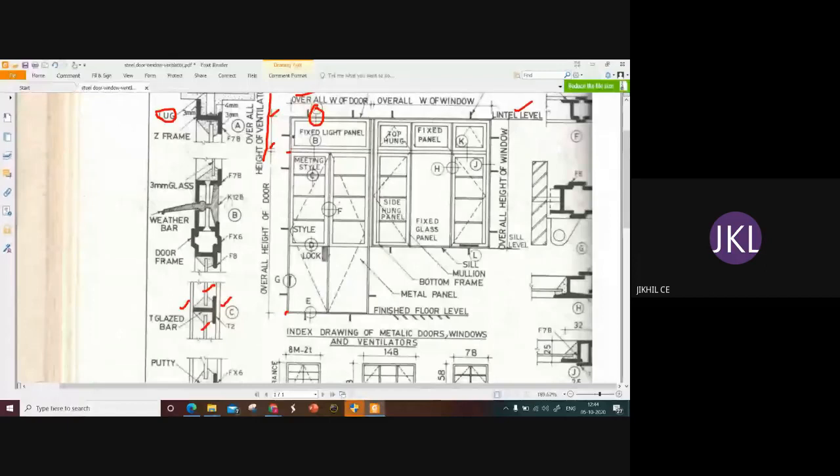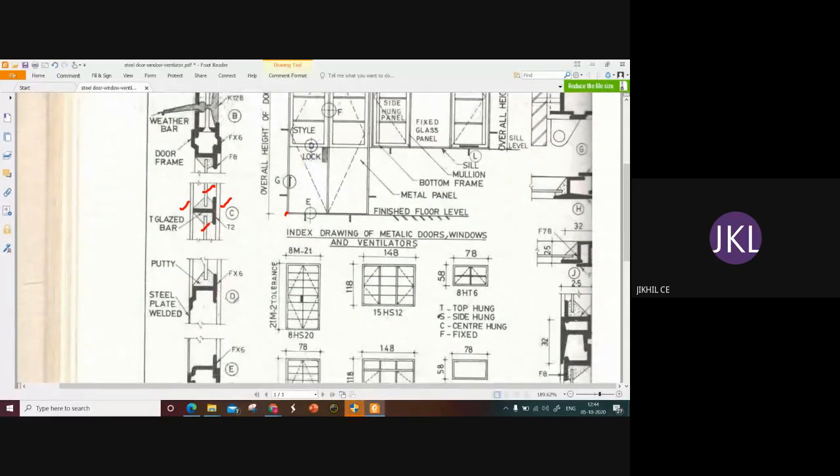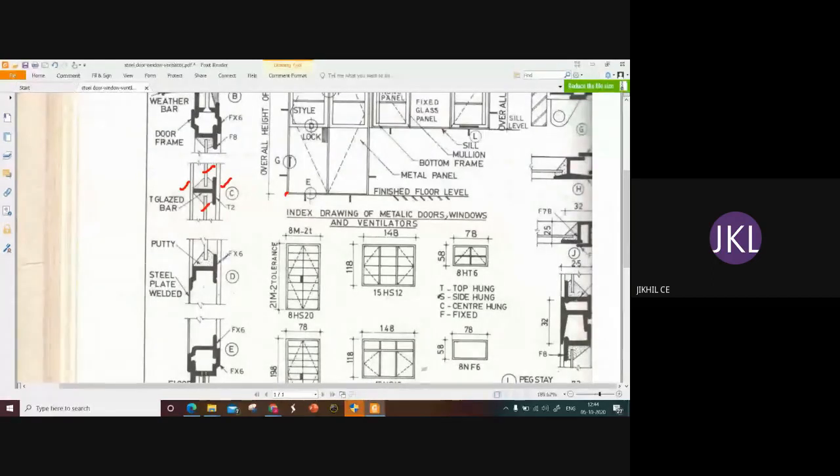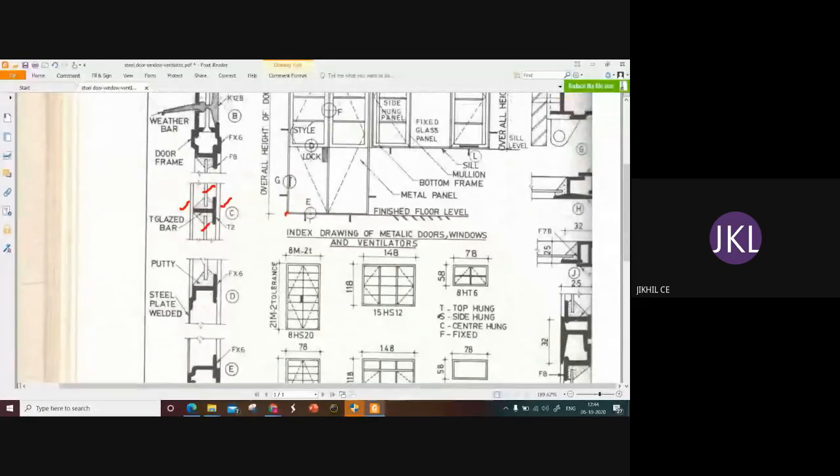After the glass panels, you have the section at D, or enlarged view of the D here. So you have a steel section which connects the glazed portion to the steel plate.